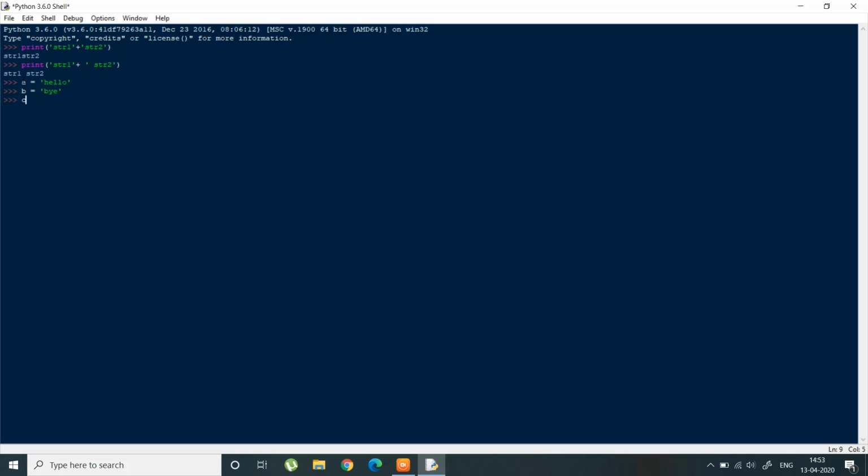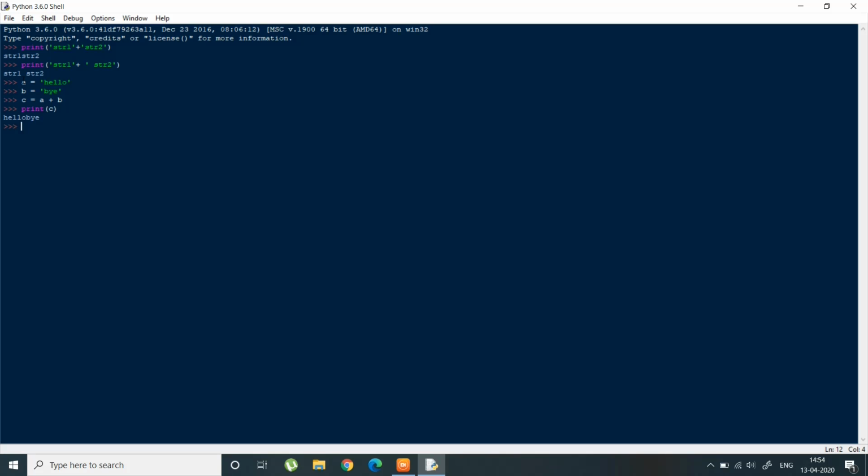You just write c, the variable we are defining, equals the first string, that is a, the variable, and then the second variable b. Now the c variable is the sum of the first and second variables. If you print c, it will print the sum of both these strings.